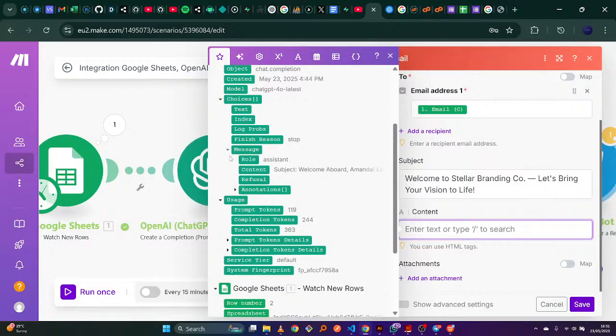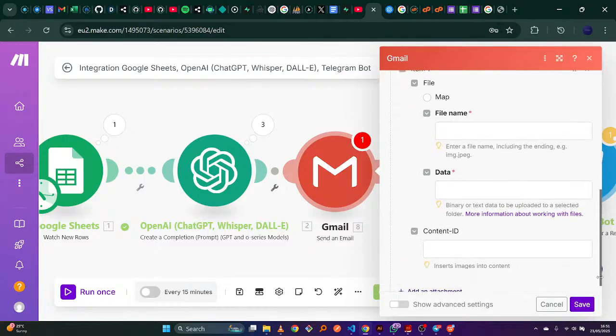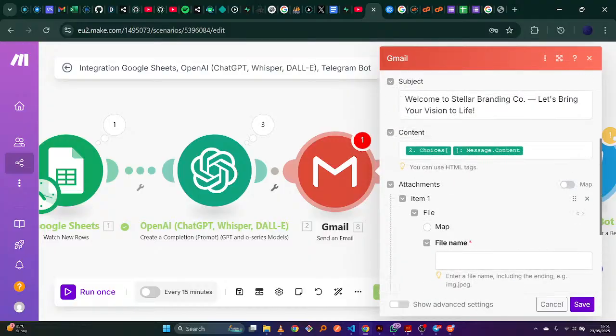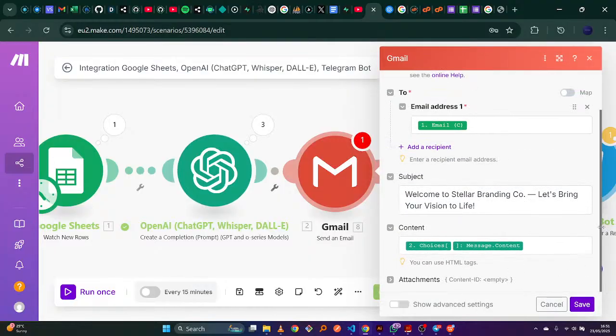You expand choices, you expand message, and then content. And that's about it. If you wanted to add like an attachment, like a file or PDF, yeah, you can do that, but we're not doing that here. And then you save,